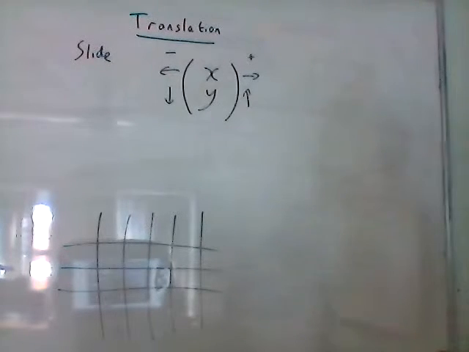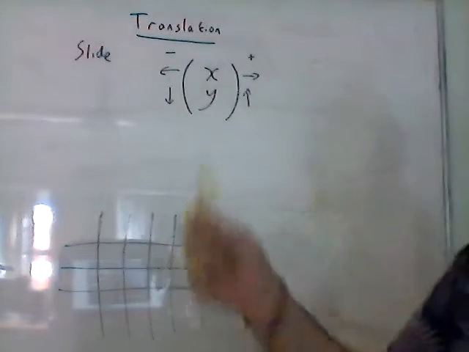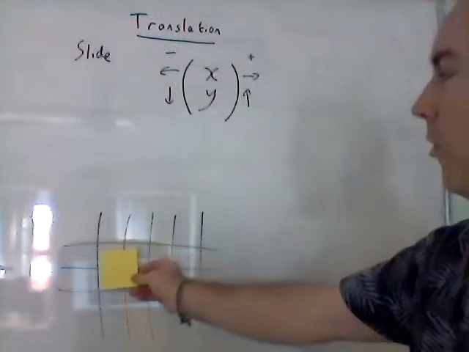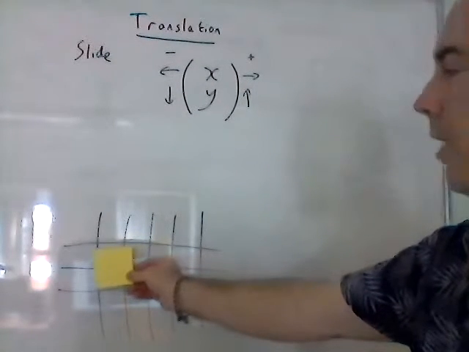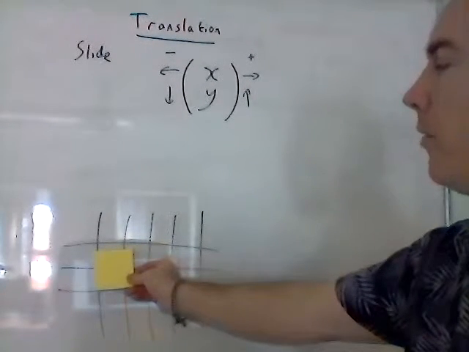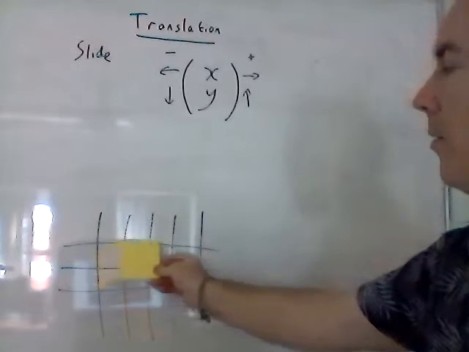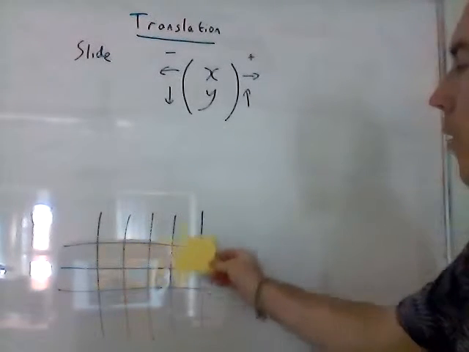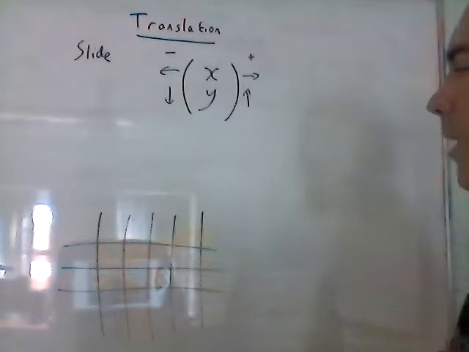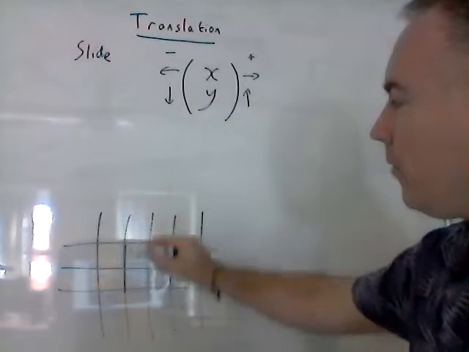So the first idea though is moving a shape around. If you were given a shape on your coordinate grid, they might tell you to move it 3 to the right and 1 up. So you would basically move it 3 to the right, 1 up and redraw it. So if you had a shape like this,